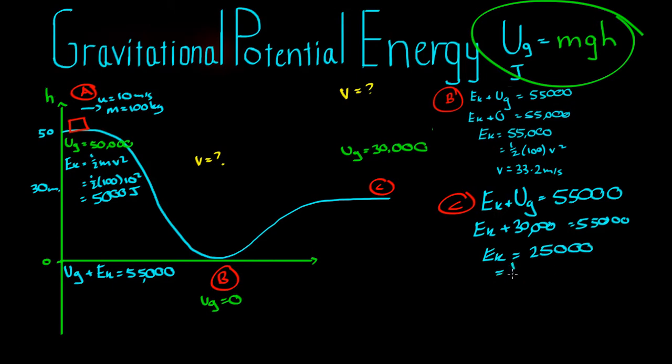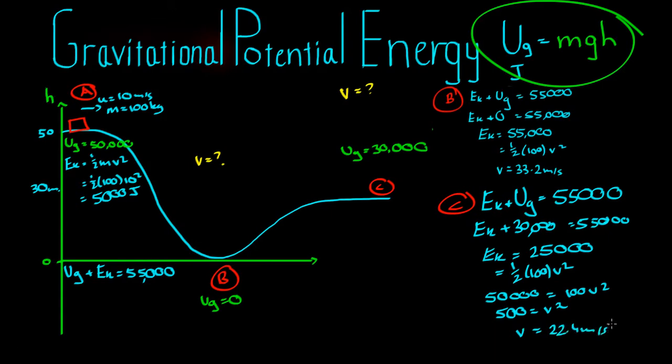This must also be equal to a half 100 v squared, which equals 50,000 equals 100 v squared. Therefore 500 equals v squared, and v is equal to